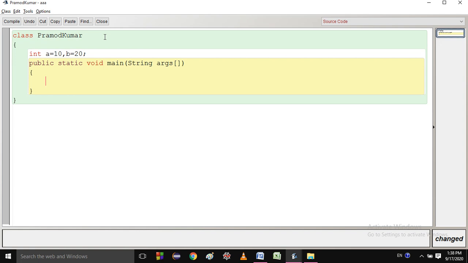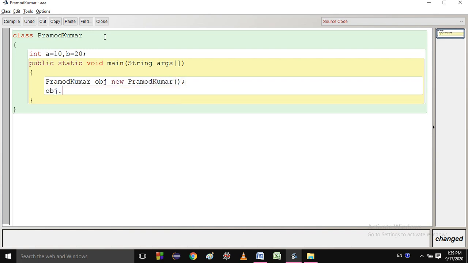So first I need to make the object. Let me write the class name Pramod Kumar, and here I will write obj equal to new Pramod Kumar, and then obj dot a.